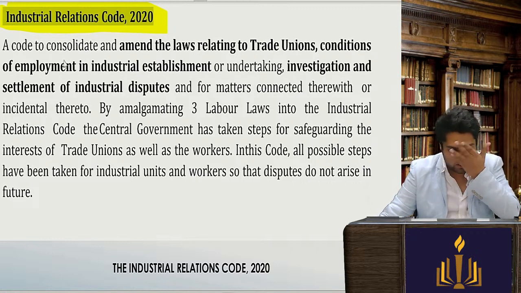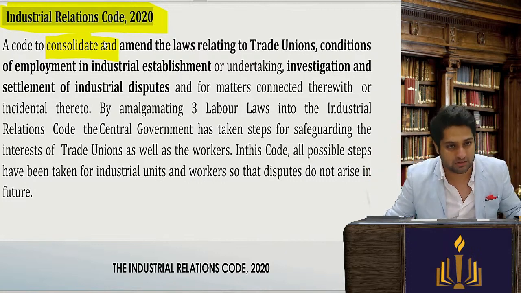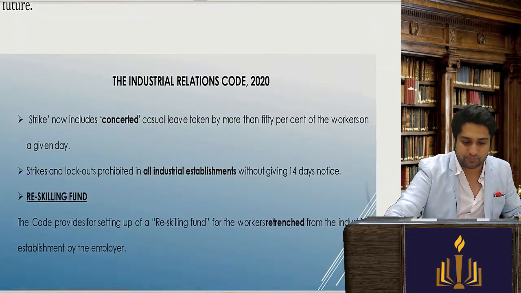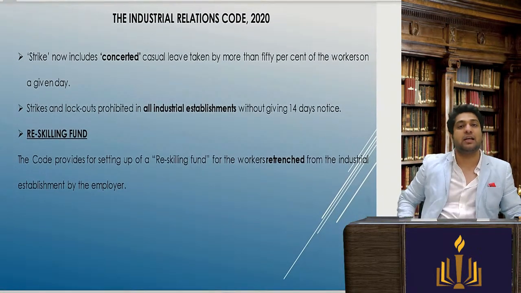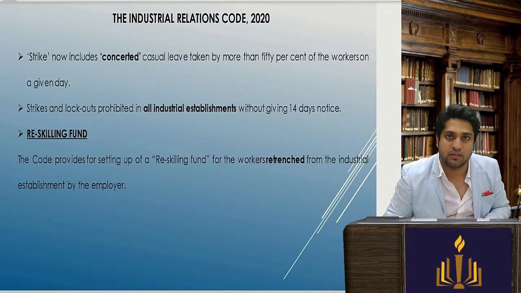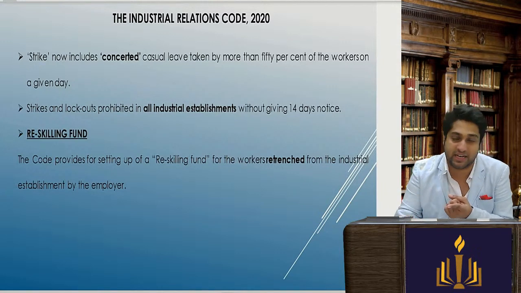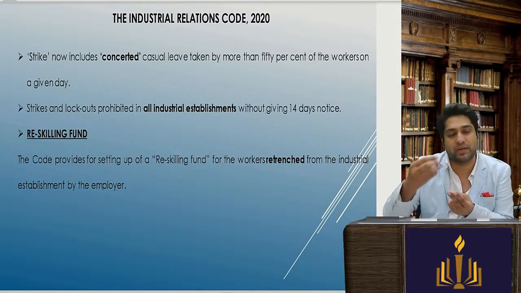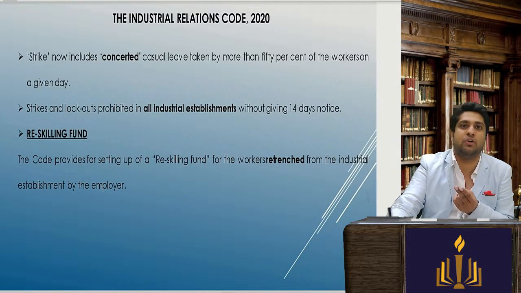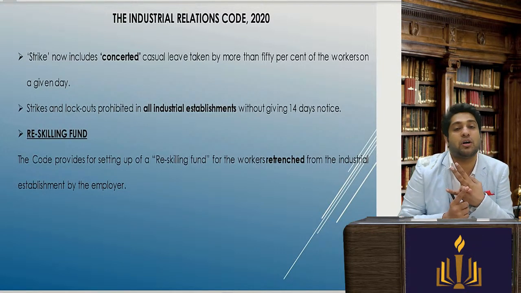Again, any labor code, you will say that it consolidates various labor laws, with respect to industrial relations. In industrial relations, they talk about dispute settlement. They talk about strike, where workmen or employees can go for strike. Employers can go for lockout, where they will shut down the factory. They are saying that the employees are not listening, are doing violence, so they will do lockout. This is temporary closure. Then they talk about retrenchment.